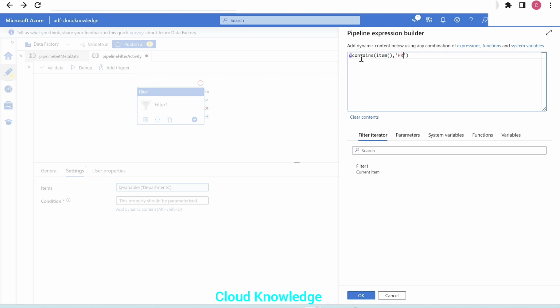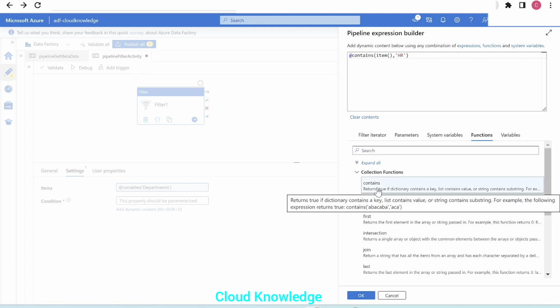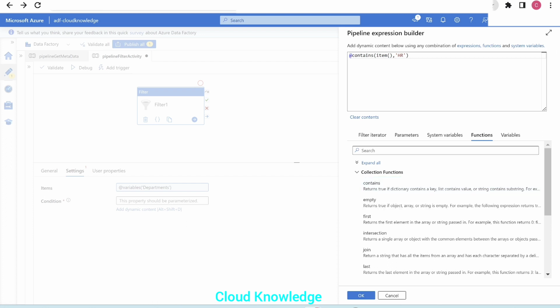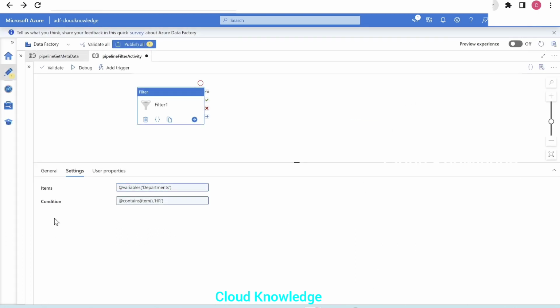Inside the item, that is the current item or the array of values which are coming as input, if within those values HR is the value, search for that value and filter that out for us. So this is how we completed the items and the conditions in the settings of the filter activity.